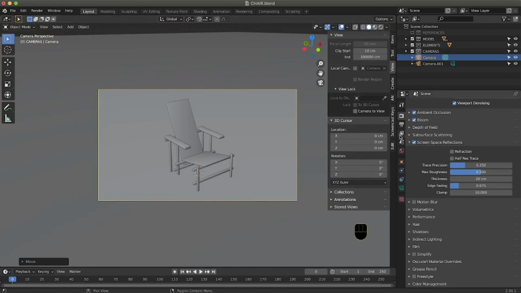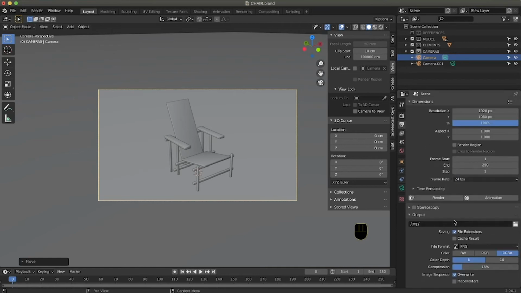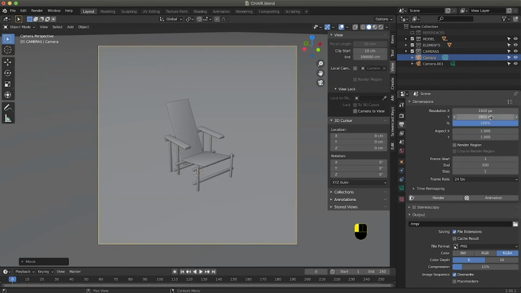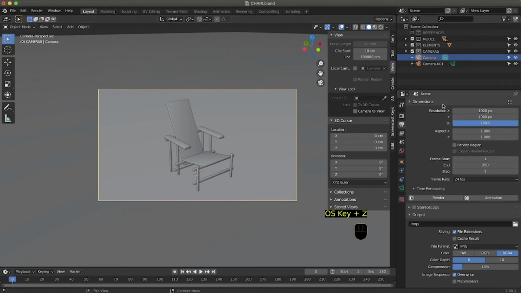The last thing that we need to do is rendering. So we go into the output properties, and the first thing you will see is that the resolution by default is HD, so 1920 by 1080. You can change them, so you can do 1920 by 1920, and you will see that the camera will now have a squared space. But we can go back to the normal one. We will not speak about the start frame, end frame, because this is for animation, and for now we will stay just on still images.